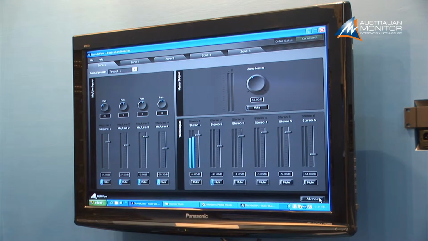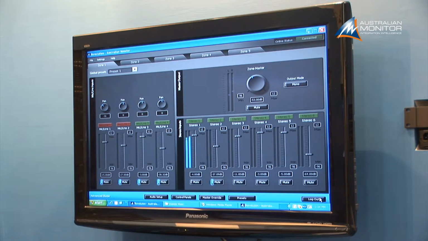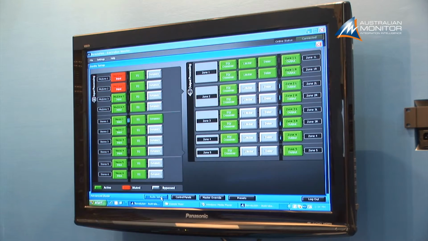We can actually go to an advanced tab if you're the engineer setting up the device. It's very, very easy to program. And that advanced tab is actually password protectable, so the end user can't get into the nuts and bolts of the software. Again, we can start setting up our minimum and our maximum volume levels. We can also go and actually control our DSP either by